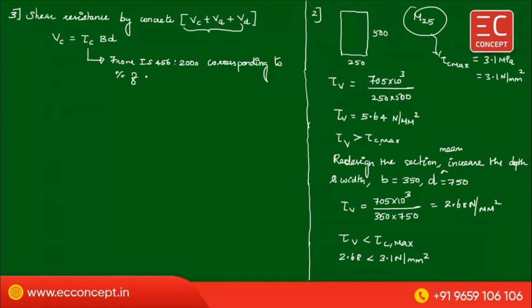Okay, corresponding to tension reinforcement. So this is the shear resisted by concrete. Okay, and we have also already seen this tau C is the permissible shear resistance, which depends upon